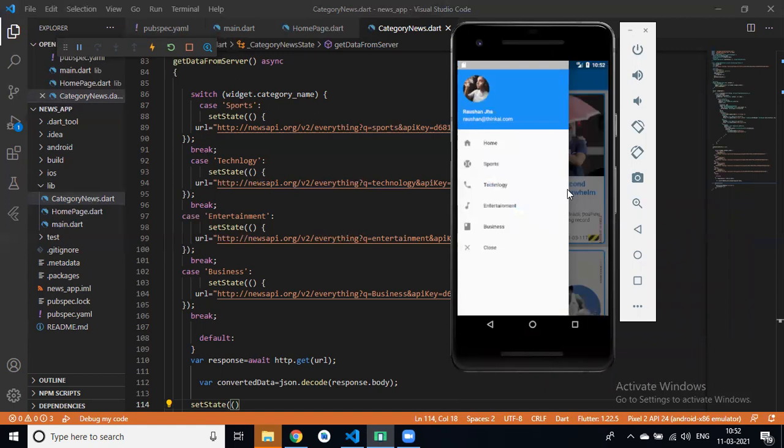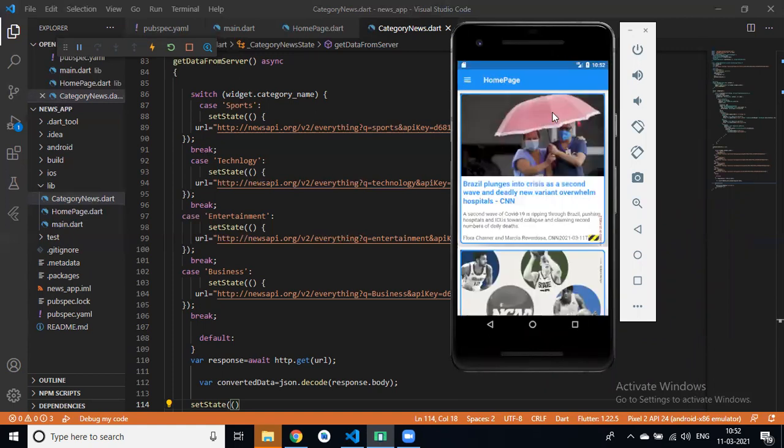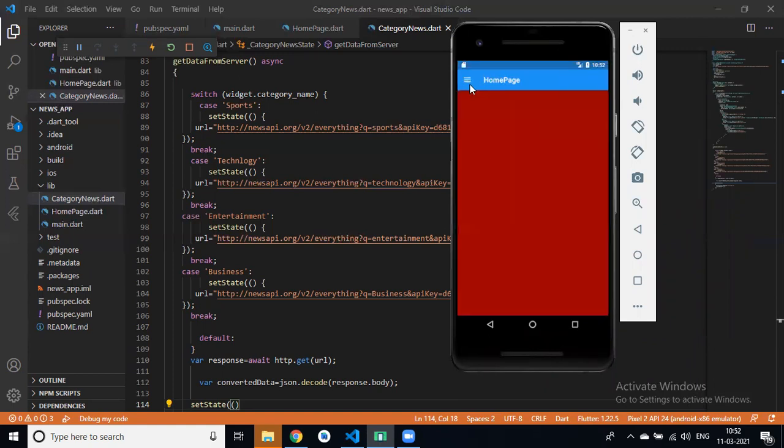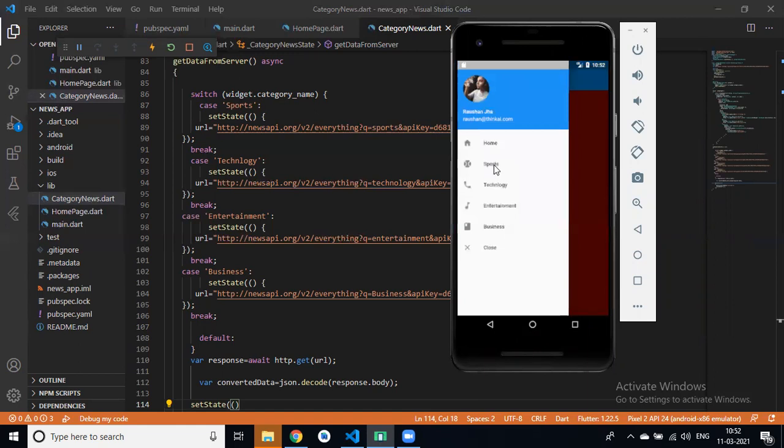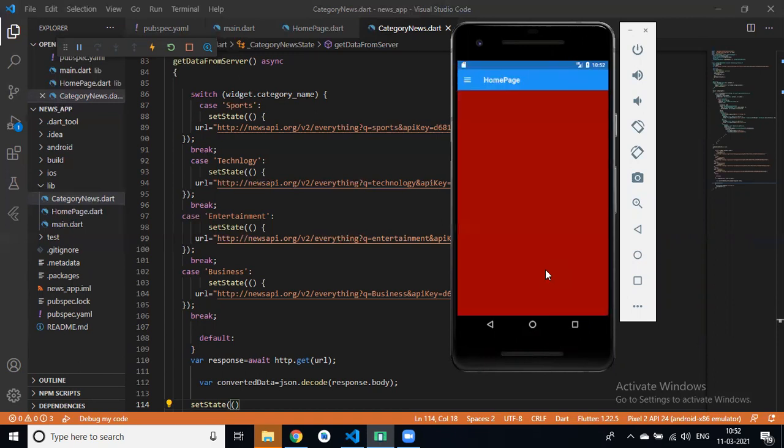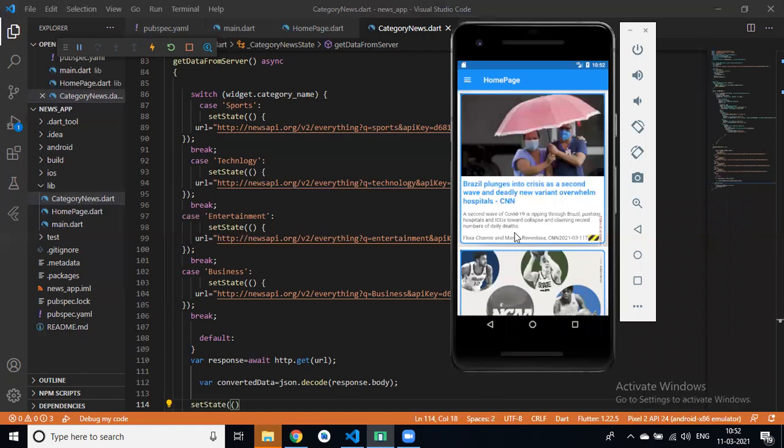Everything is completed. Okay, this is our complete news app. Yes or no? Yes, Roshan. We can create lots of categories, right? And on the basis of category, our URL will be different and news will be different.